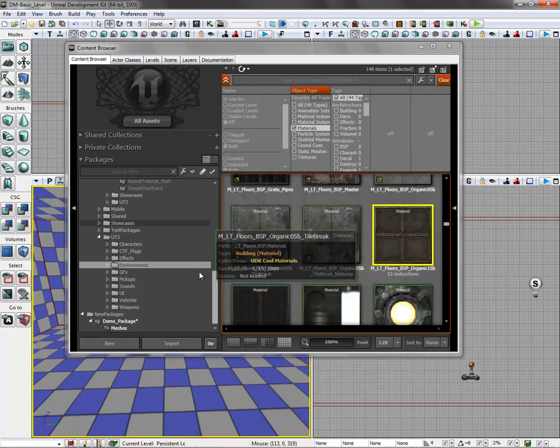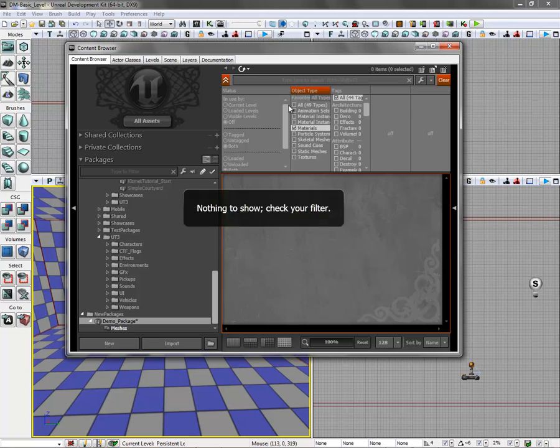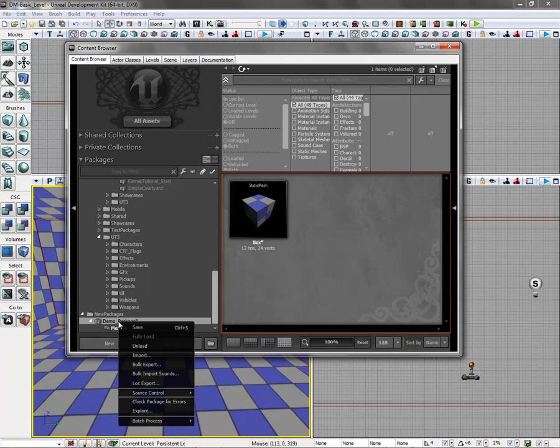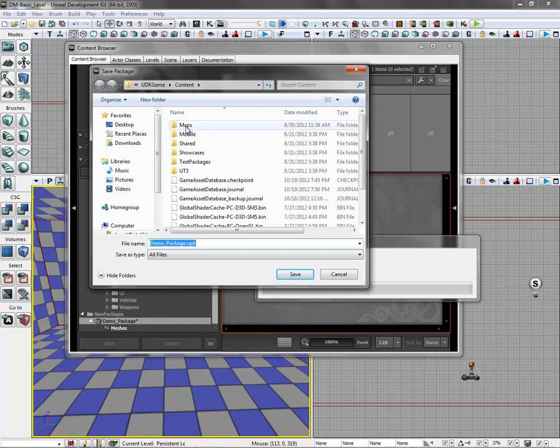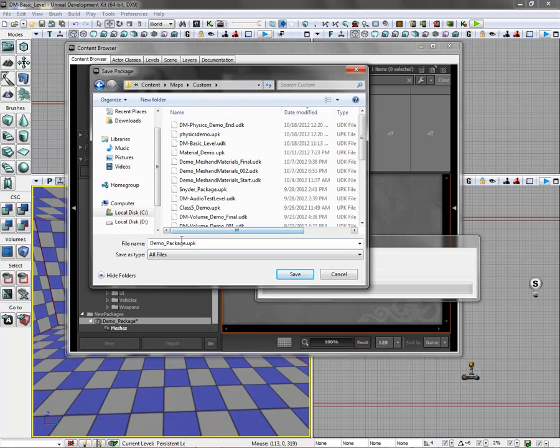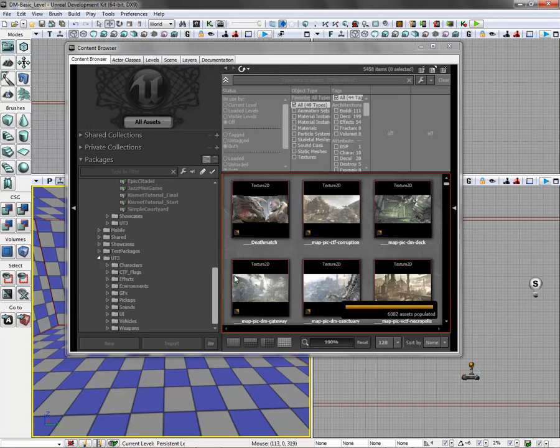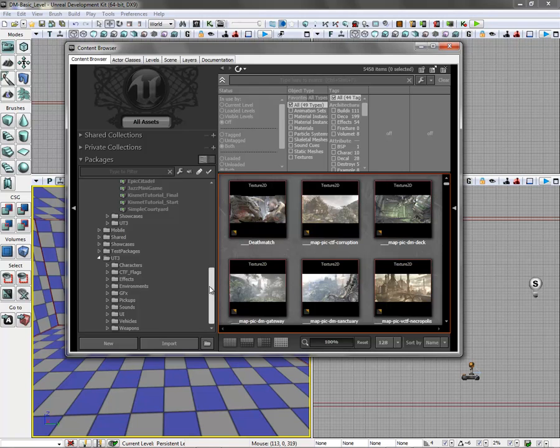So we're done with this. And we'll go back to the package and do All. And let's just save this demo package. Now right now it's in new packages. I'm going to save this, and I'm going to go to Maps Custom, and I'll just do demo package for this one. Hit save, and now we got to go back up to,